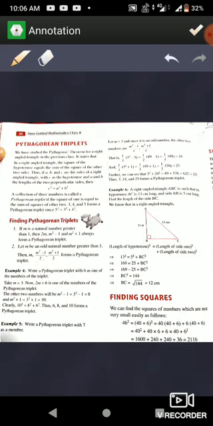So we discussed two topics today, and with the help of these two topics the next exercise, that is exercise 3.3, can be solved. Okay, so if you have any question in your mind, come to the online classes and discuss there. Okay, so we are going to leave the class.